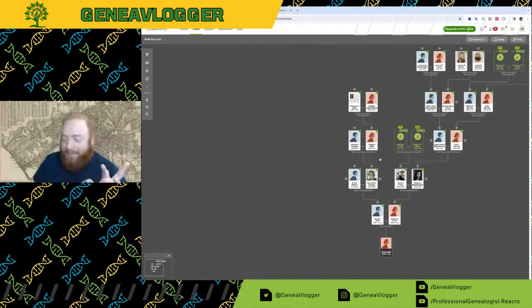Just to make it even more confident for us in this scenario, multiple people within this cluster have the Baldy name. So we know it's the Baldy name. Based on the DNA, we think that Taylor Swift is a third cousin to us. And based on this Baldy correlation within the cluster, we believe that she's a third cousin through the Baldy family. So now the main aim is, if we believe that we are third cousins, that means that we're going to be sharing second great grandparents. Because once again, first cousins share grandparents, second cousins share great grandparents, third cousins share second great grandparents.